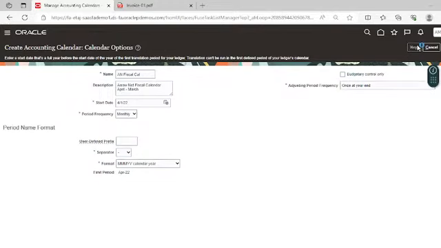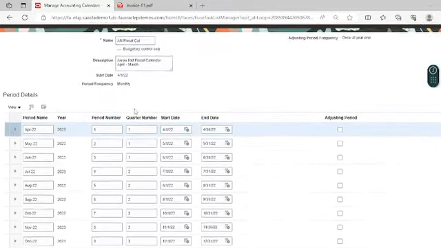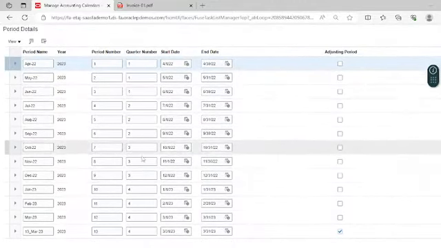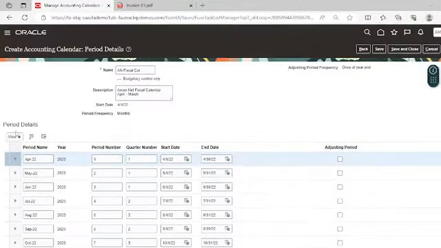Now click on next, and you can see these are the periods. And now click on save and close.